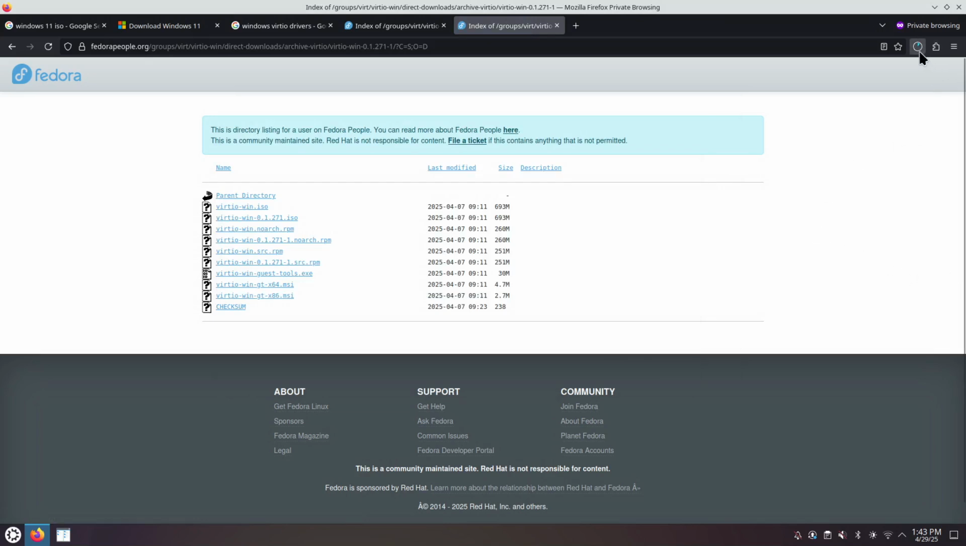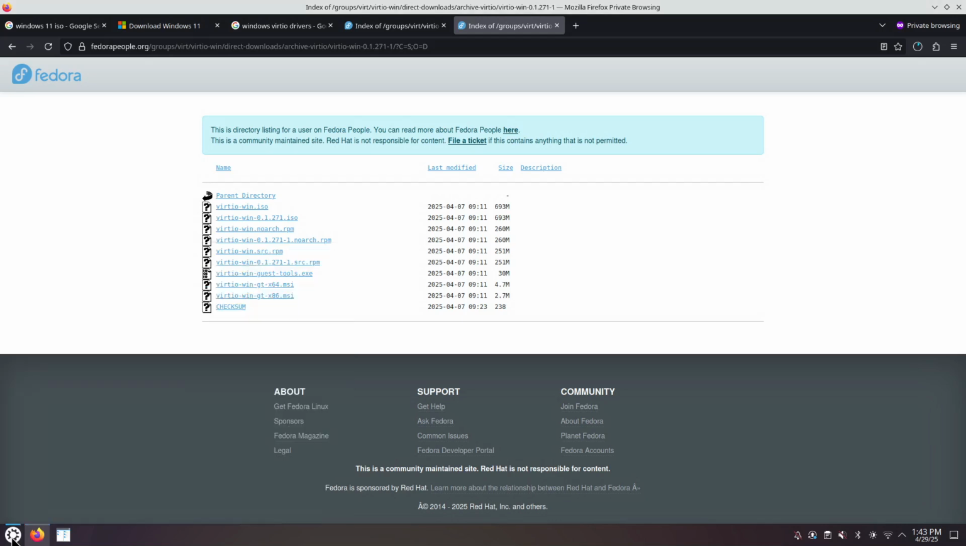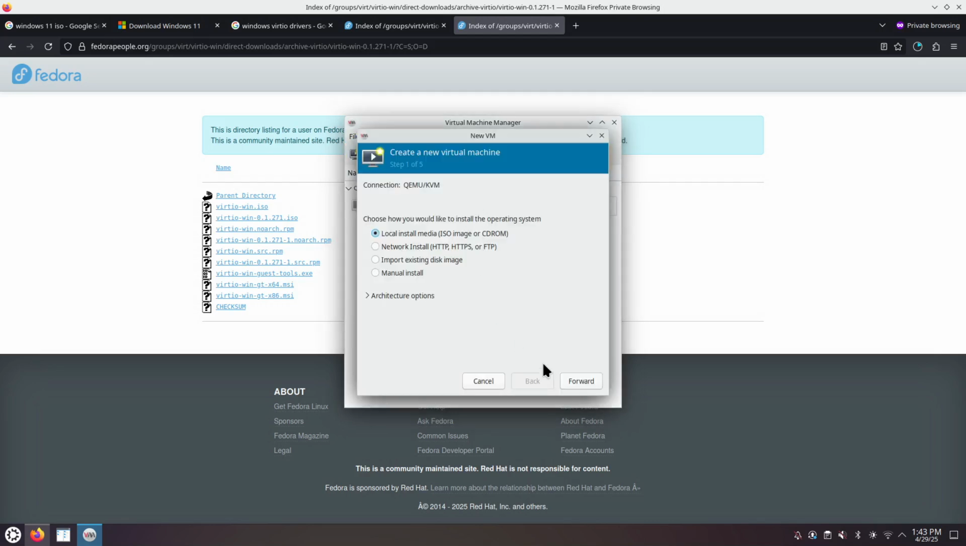We'll be back once the download has finished. We can create the virtual machine in the meantime. So this is virt-manager, the application, Virtual Machine Manager. We can start creating the virtual machine, new virtual machine from the main menu. Local install media ISO, forward,